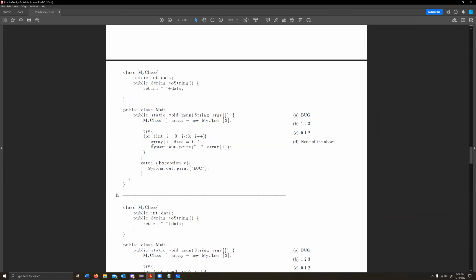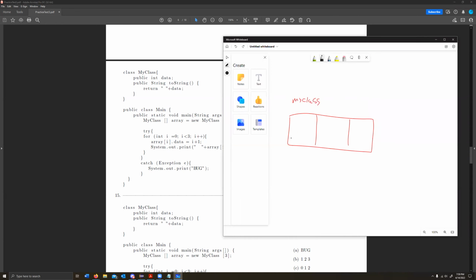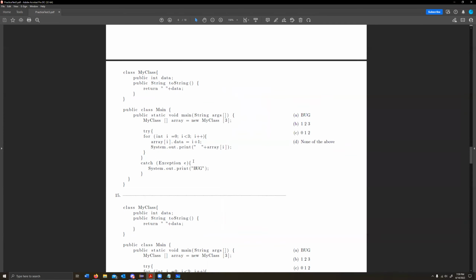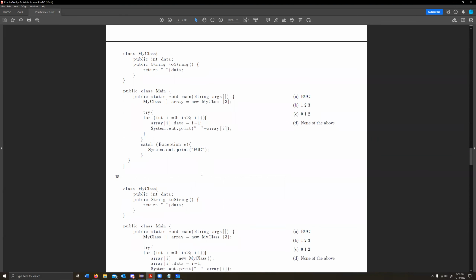in this instance right here, this is where the error occurs. Get me the minifigure of my Lego set in the first box. There is no Lego set in here yet. So if I try to look for one, there's not going to be anything. That's going to be a null pointer exception. There is no data there to be pulled. So this was going to print bug, and let's look at the next question,